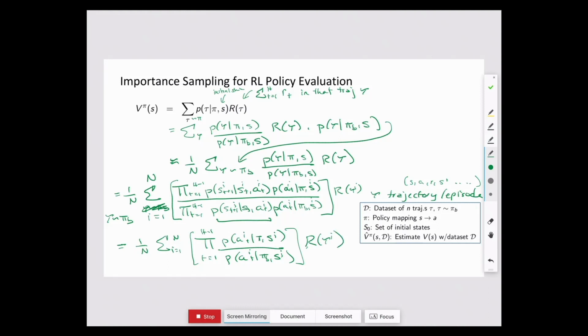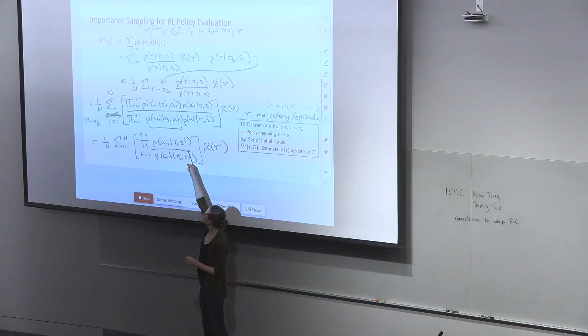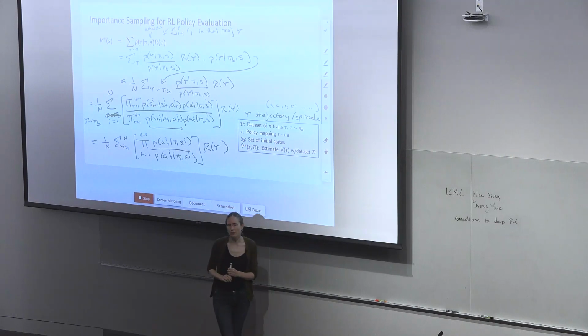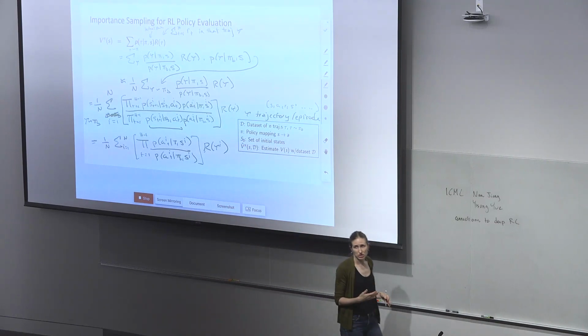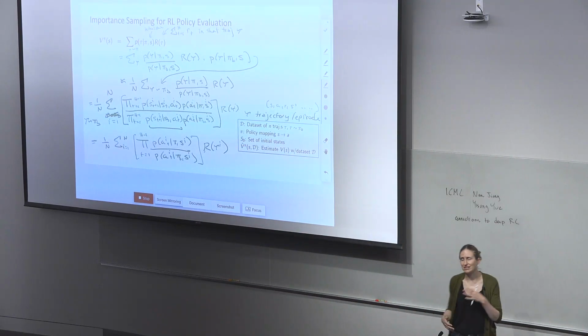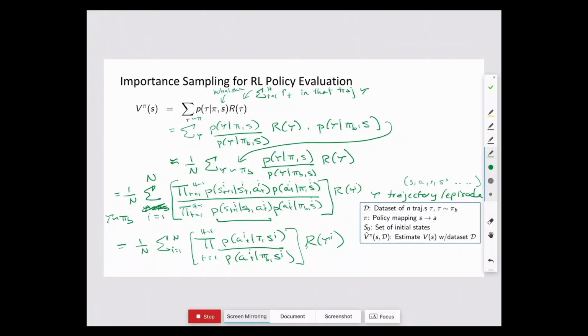So this is great because what this says is that I can use data from another policy and reweigh it so that I overweigh things that look like the policy that I care about and underweight things that don't look like the policy I care about. And I don't have to know the dynamics model, which is great because I don't know the dynamics model, because it cancels. And this is just the actual reward I've observed. So all I need to know in this case is the probability, and these are policies that I'm going to assume I have access to. So I have access to the behavior policy. I certainly have access to the policy I care about.